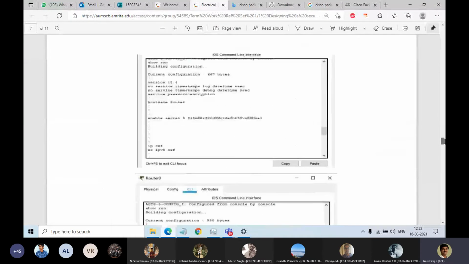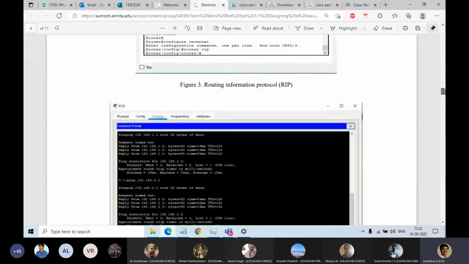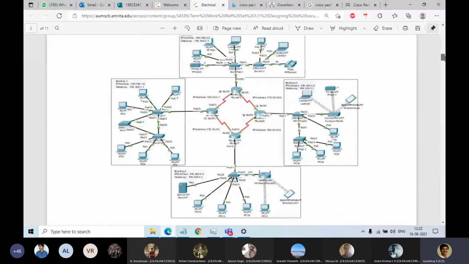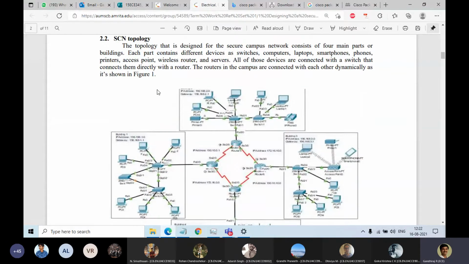And how they have done the implementation inside a college. They have simulated the total environment like this. Finally, it will be like this. You see, there is a router. So finally, our course must give you the practical aspect of that. That is what you are going to do. So parallelly, you can start learning about all those.